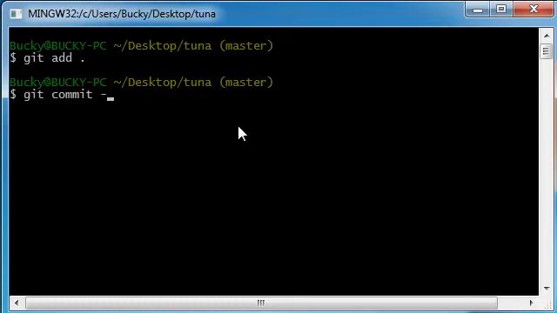Git commit -m, and what this does is this git commit takes a snapshot of this point in time, so if we ever mess anything up, we can come back to it. In this -m, and what I'm about to write right here inside quotation marks, let's just put something like,